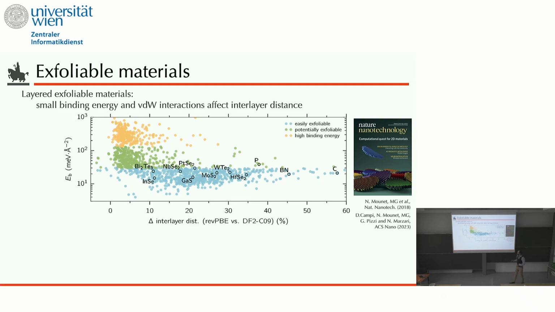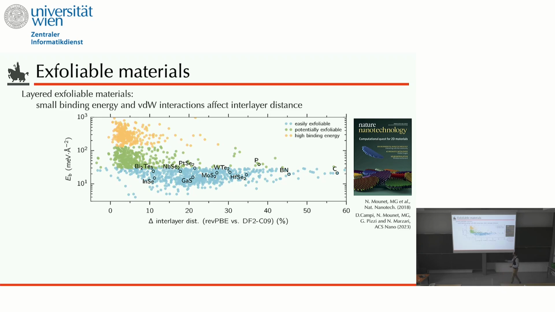And so what you can do is not only compute the binding energy of materials, but also look at how the structure changes when you put in, or don't put in, van der Waals interactions in the simulations. So if the material is really held together by van der Waals interactions, if you turn off van der Waals, it should just expand,